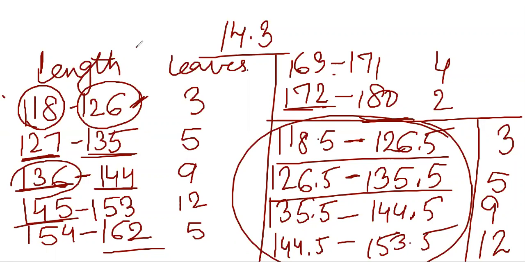You are to make the histogram for the given data, but it's given in continuity: lifetime in hours and number of lamps are given here, like 300 to 400 with 14 lamps, 400 to 500 with 56, like this. So it's in continuity and you can make the histogram easily. There is no problem then. Okay.